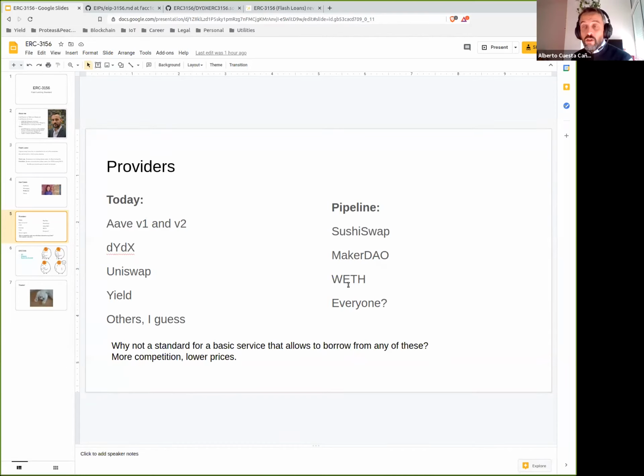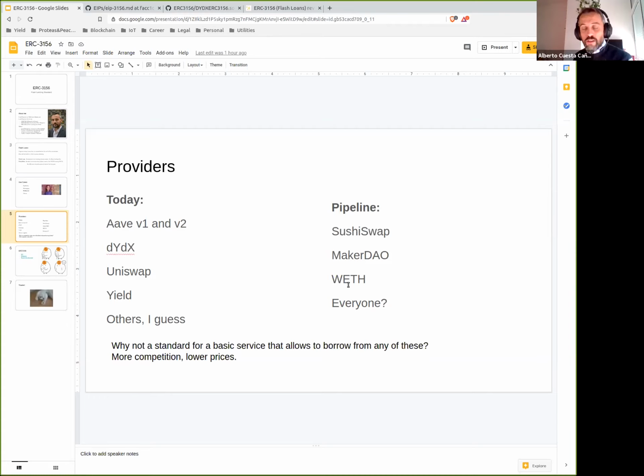basic service. So for example, Aave offers batch flash loans where instead of taking a flash loan of DAI, you take in one go a flash loan of DAI with USDC and something else, and you get all the tokens at the same time. That's cool, and some people using DeFi Saver use it to move all your positions at the same time from Aave to Compound and vice versa, and so on. But I think that's a feature that will be used only by 10% or less of the users. So that's not in the standard right now.